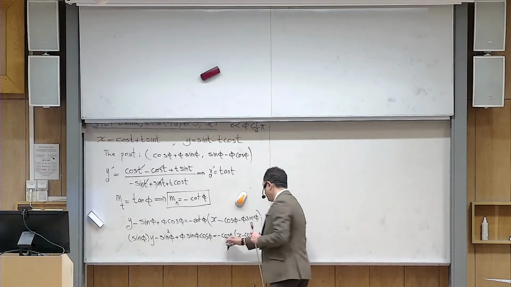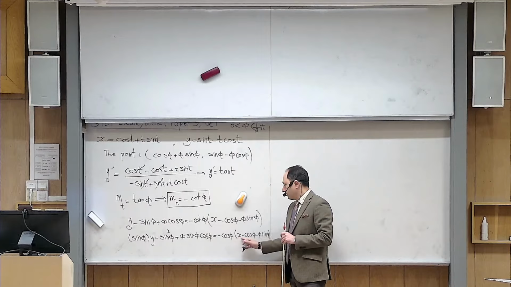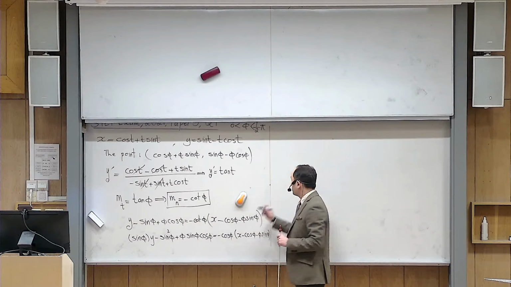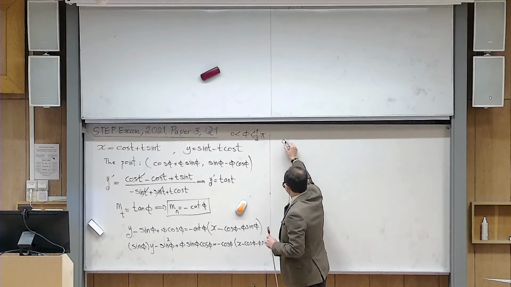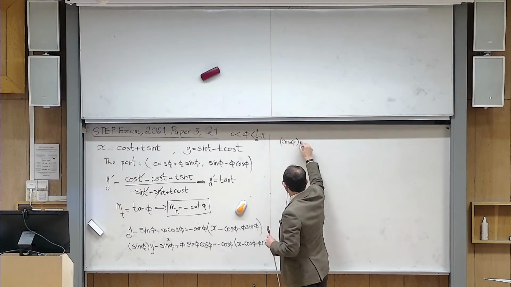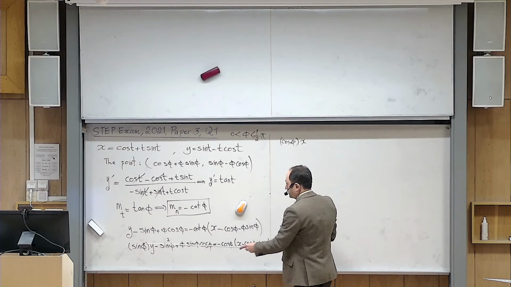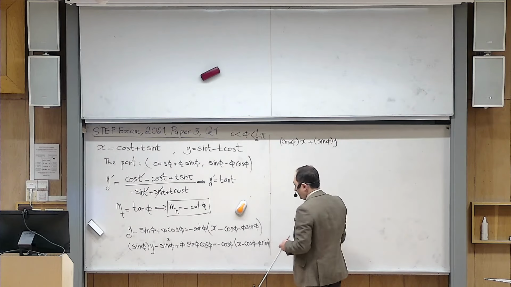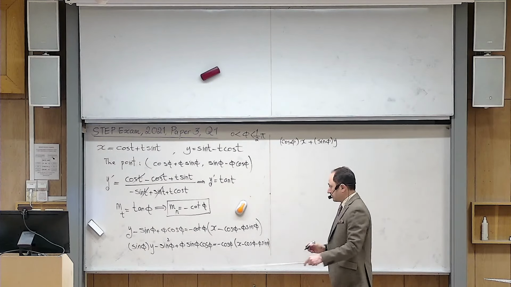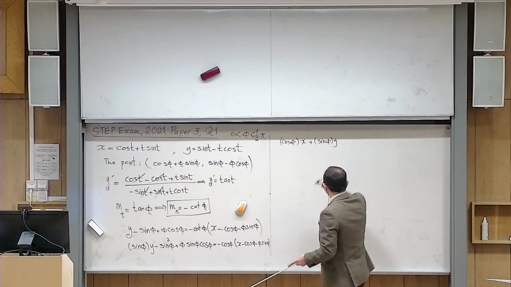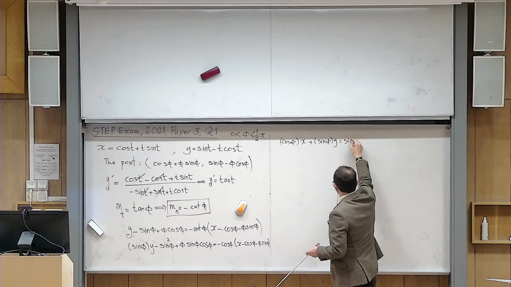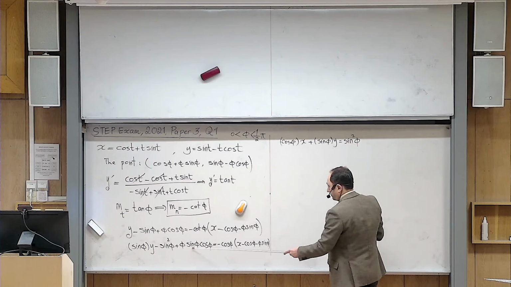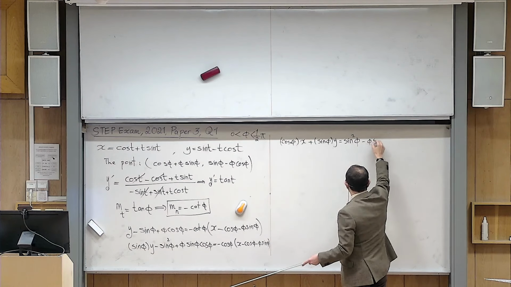So if I multiply this here, it becomes minus cosine phi x. I move it to the other side, it becomes positive. So this becomes cosine phi x. And then I have here sine phi y. Okay? And then I move the rest to the other side. So I have minus sine phi squared. I move it to the other side, it becomes this. I have this term, move it to the other side,